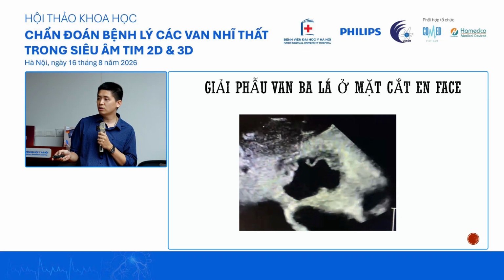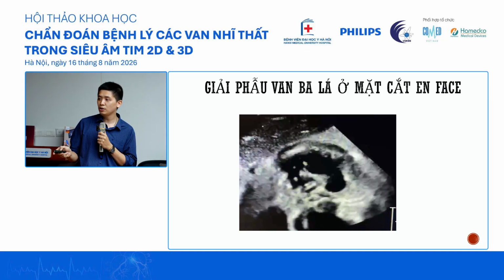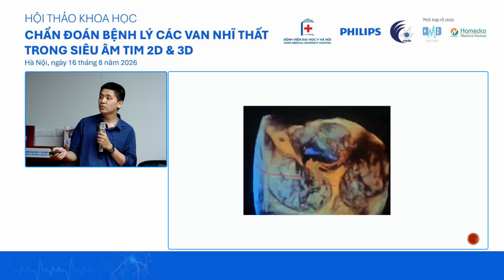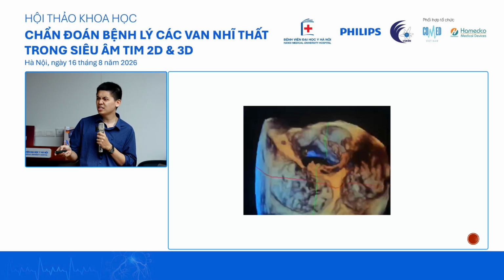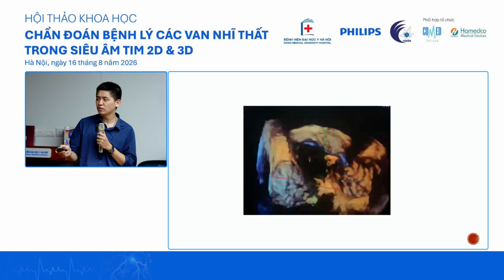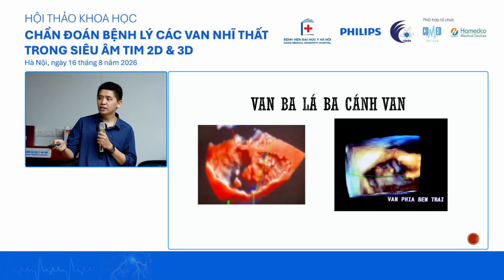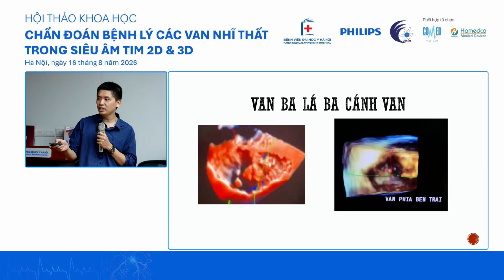On the transgastric view on TEE, you can see the papillary muscle here. So this one is the septum, this one is the septal leaflet, this one is the posterior one, and we might have 2 anterior leaflets here. Sometimes you can get an image like this and clearly see which valve is which, but this is not the norm. So on 3D, you can get 3 leaflets.